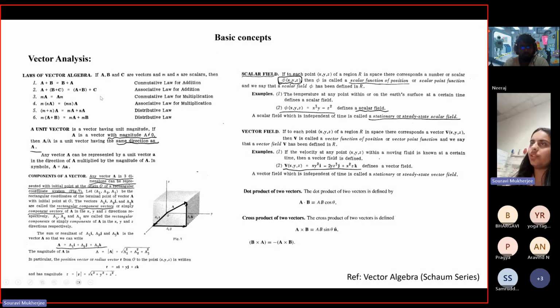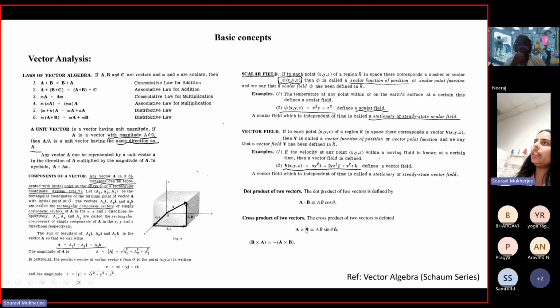Commutative laws, associative laws. I'm not going into this. These are all trivial things. But normally we know what a vector is. It has a magnitude and a direction. And if you want to find the unit vector in a particular direction, what you do is, if you have a vector, it would have different components based on which direction it is in. That is also how you define the magnitude of a vector. And then if you divide the vector by its magnitude, what you end up getting is a unit vector in that direction.